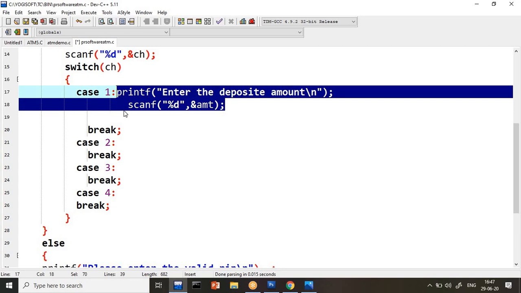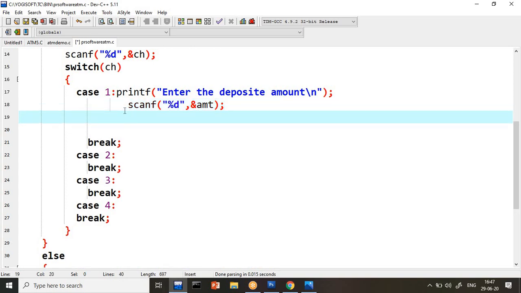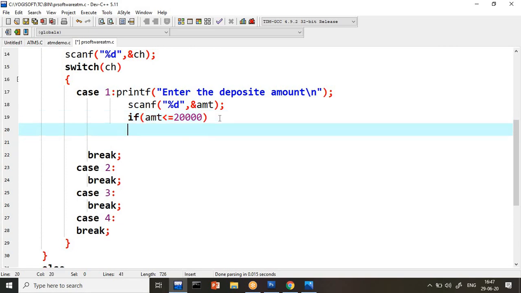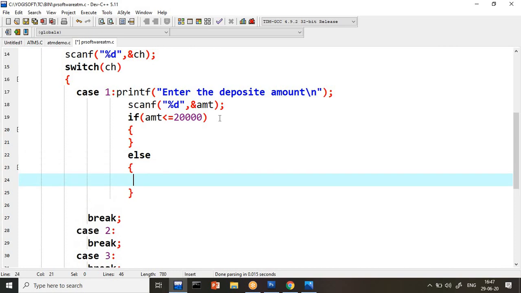The answer is no. So then the first thing we will do here is, first I will check if my entered amount is less than or equal to 20,000. Because in my bank, I am allowing a maximum of 20,000 at a time in my ATM. Already you know ATM will have its limit.